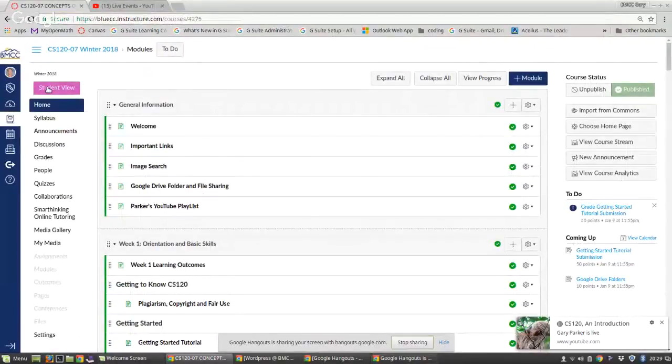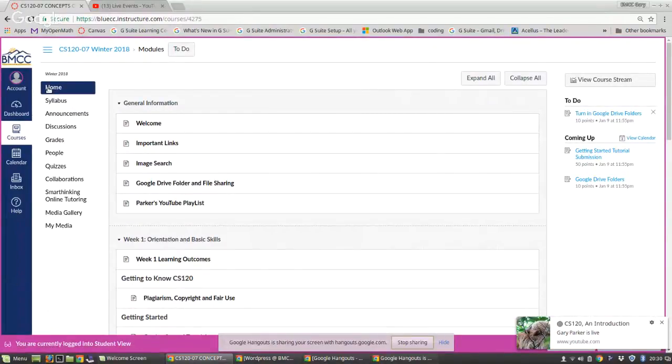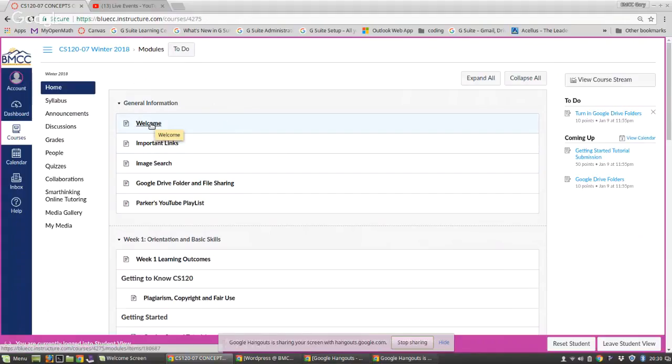All right, so when you log into Canvas and check out your CS120 course, you should see something like this, aside from my pink bar here at the bottom. And the course is organized in modules. In Canvas, the system we're in here, a module is just a group of stuff, and it's organized sequentially. Notice here we have welcome, important links, image search. So if I start off with welcome,